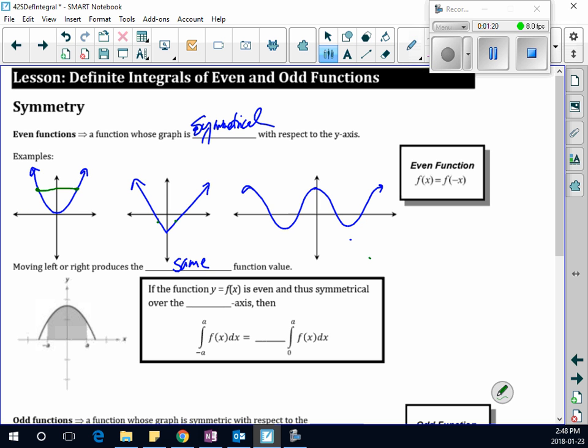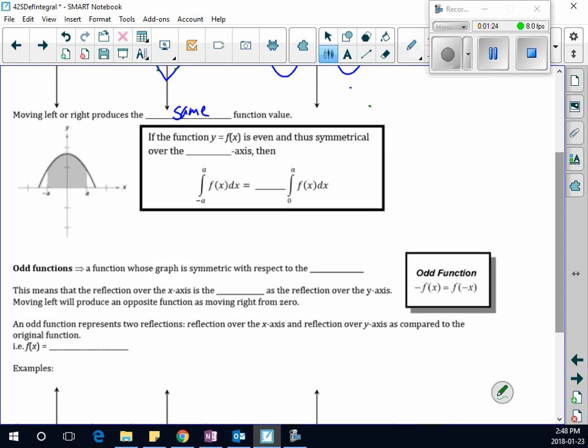Okay. So now if we're talking about area, which we're talking about right now in calculus, what do you think is neat about an even function? It's the same area, yeah. If I shade from here to a, do you see this area? If this is an even function, it would be the same area going this way, right? So if the function y equals f of x is even and thus symmetrical over the y-axis,